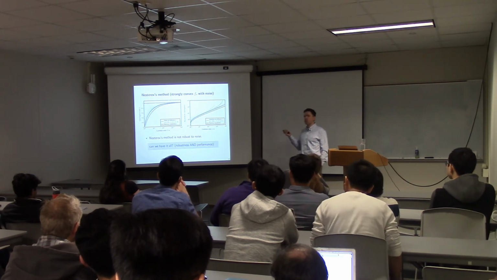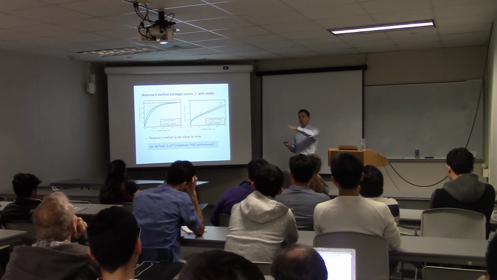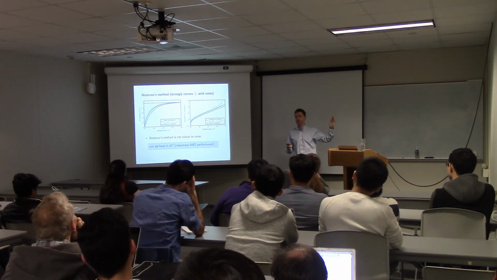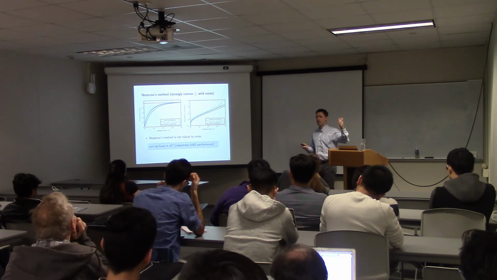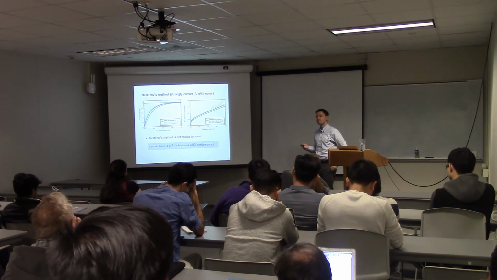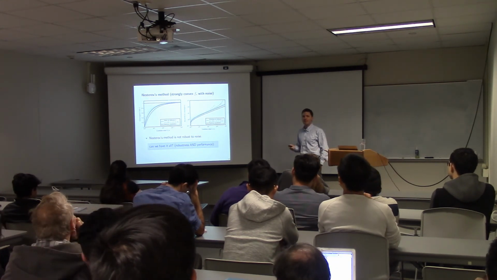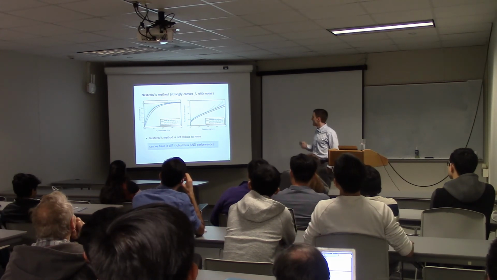So the obvious question is, can we get both? Can we get a really fast slope of a half, but also get noise robustness? Because in order to get the robustness with the gradient method, we had to sacrifice the accelerated slope, right? Is it possible to get both? Yes, the answer is yes, otherwise I wouldn't be talking about it.